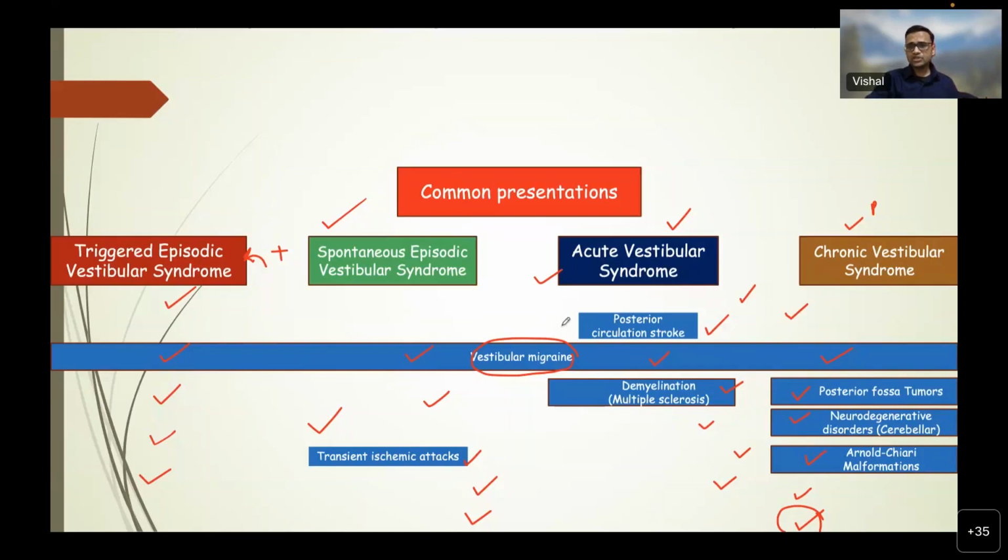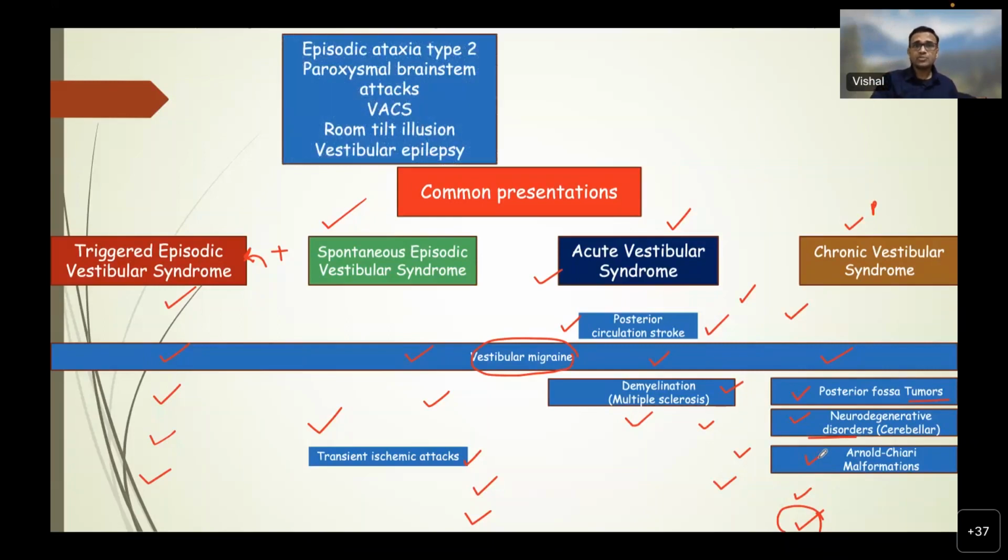Then comes posterior circulation stroke, which is very important to be thought of. That is vascular vertigo. A vascular cause of vertigo should be considered in a patient with acute vestibular syndrome. Demyelination is another central cause. Transient ischemic attack comes in the spectrum of vascular vertigo. Posterior fossa tumors can present with vestibular syndromes. Neurodegenerative disorders, Arnold-Chiari malformation. These are common differentials. There are other differentials like thiamine deficiency, vitamin B12